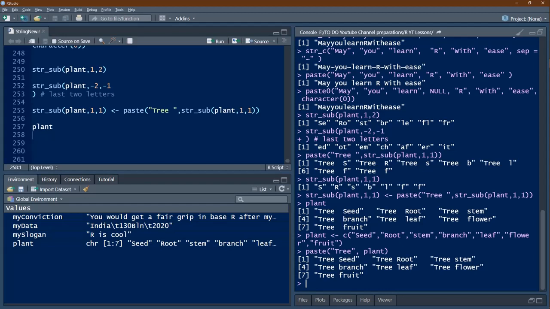Now it's time to wind up our session. In this video and the last video, we have covered quite a lot of functions to handle strings from both base R and from the stringr package. There are very powerful string handling functions in R, for which a knowledge of regular expressions is required. This we will cover in due course during our next series.